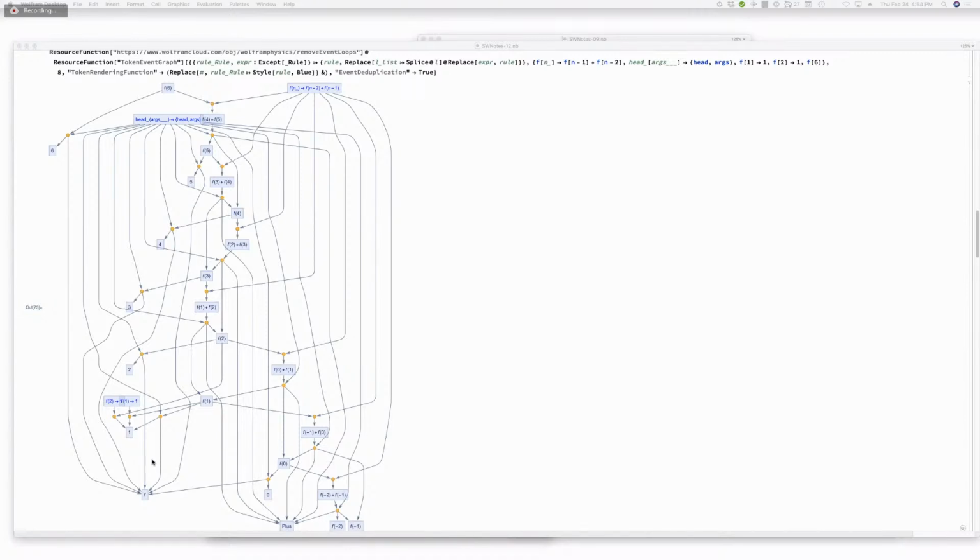And then we can start talking about traversal orders, because traversal order is ultimately going to matter. For something like Fibonacci, we have confluence and we're going to get the same answer independent of traversal order. But in many cases, we won't. And particularly when the computations are infinite, it's going to be extremely non-trivial what the traversal orders end up being. Well, I'm excited.